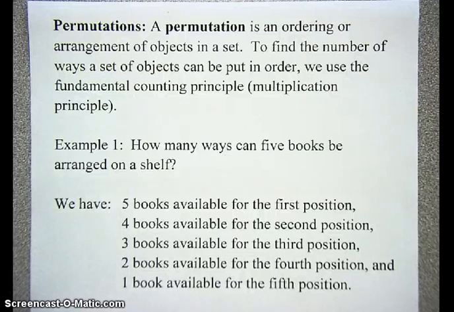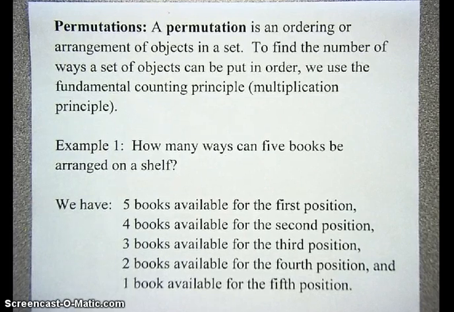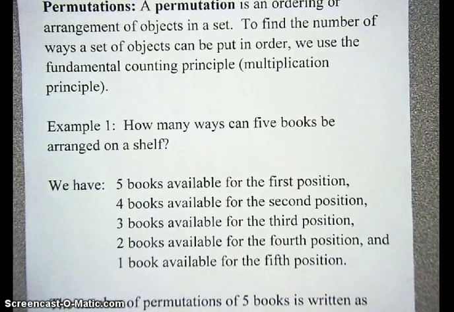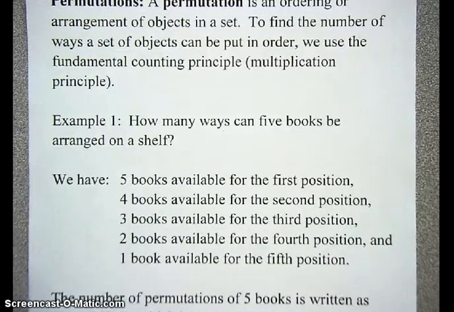Permutations. A permutation is an ordering or an arrangement of objects in a set. And oftentimes we want to be able to figure out how many ways we can do that. In order to figure that out, we need the fundamental counting principle, or the multiplication principle, that we've looked at before. For example, suppose you have 5 books and you want to know how many ways I can arrange these